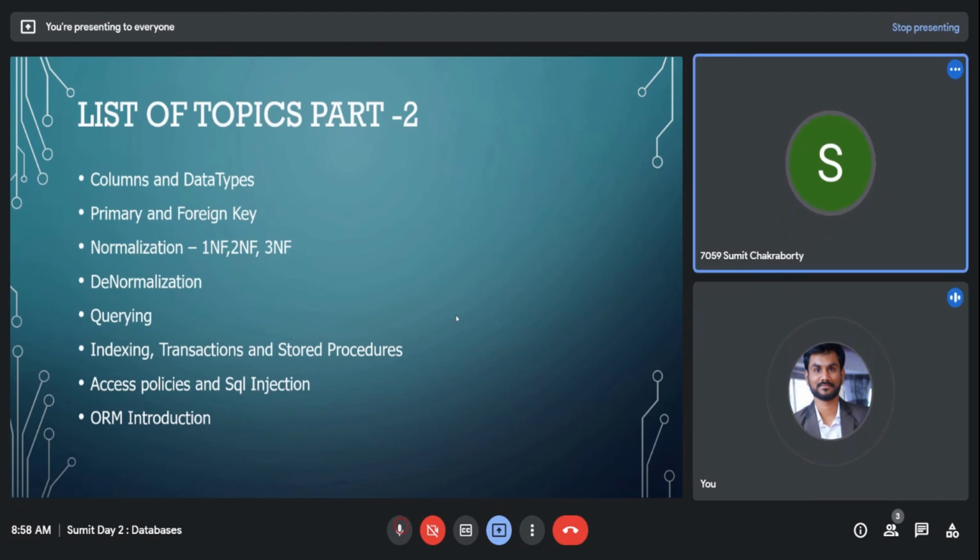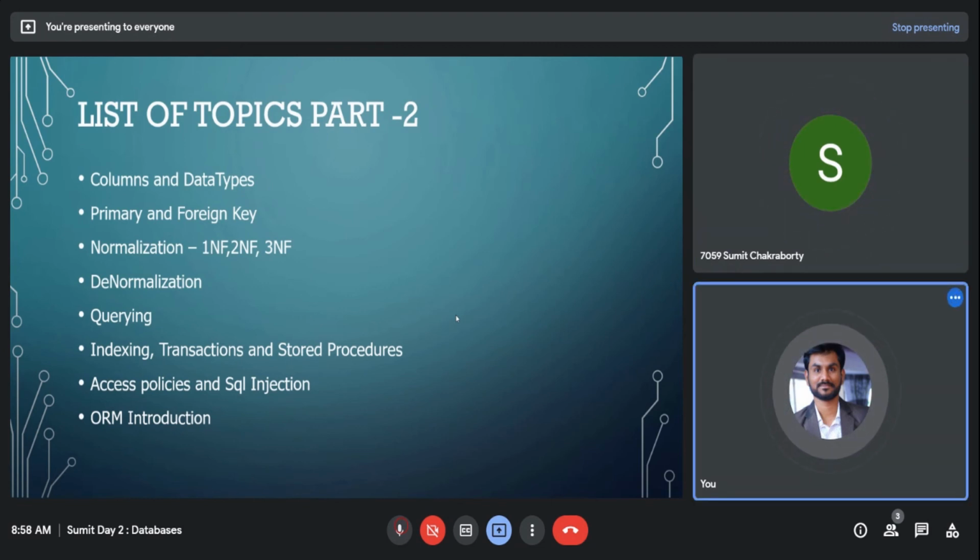Okay, something like that. And then the final thing is access policies. Access policies would just mean, what do you mean by access in simple terms? Okay, when you say access, it means whether you have permission to do something or not. Similarly, access policies mean whether you have permission to read a certain database, or permission to write on top of that database.